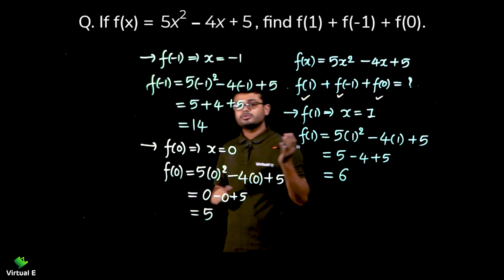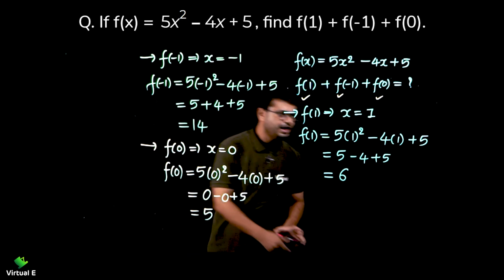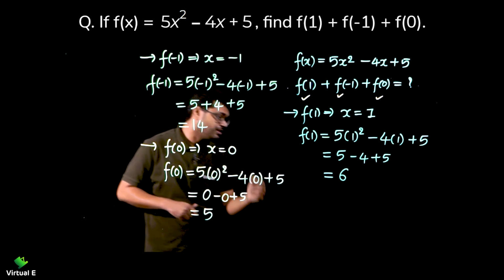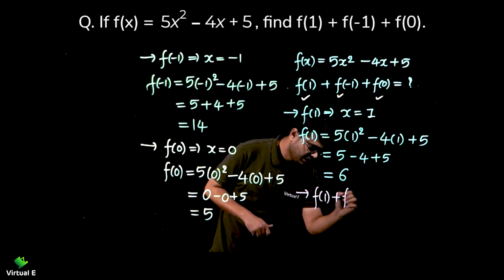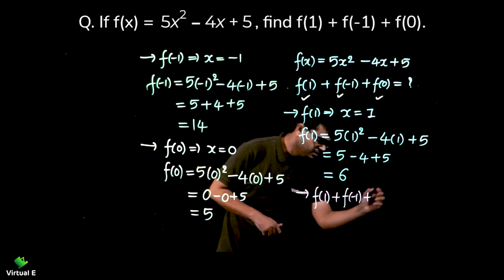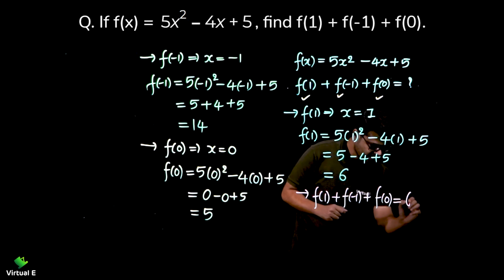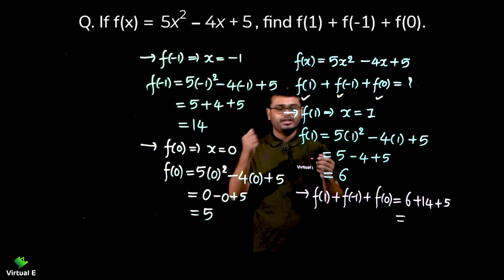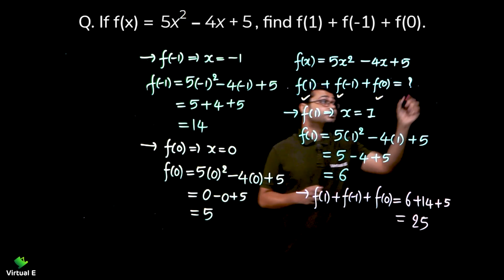So what we are supposed to do? We are supposed to add them. So just a simple addition and we'll get the answer. So let's start here. We are supposed to find f(1) plus f(minus 1) plus f(0). So what are those values? First 6, then 14, then 5. So 6 and 14 is 20, 20 and 5 is 25 it is. So what's my final answer? That is